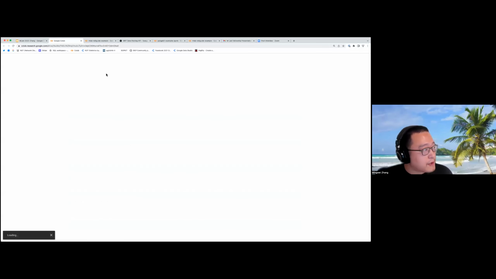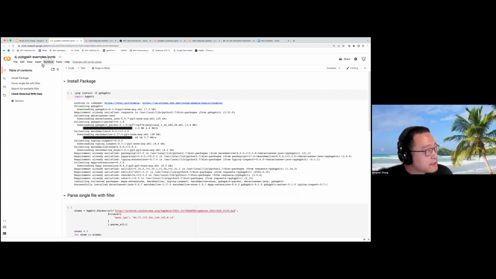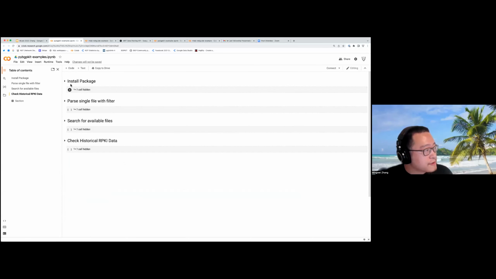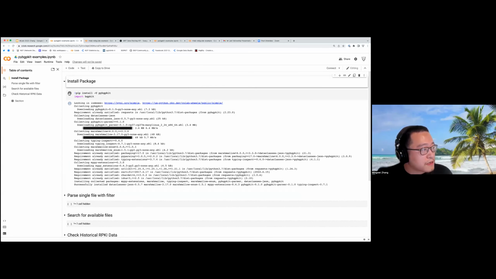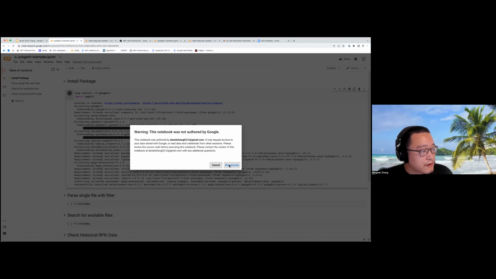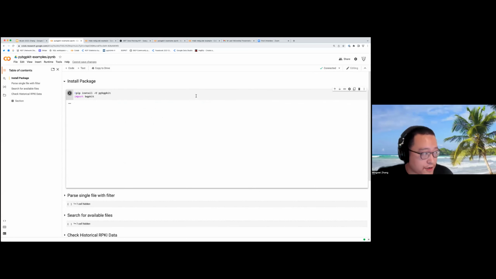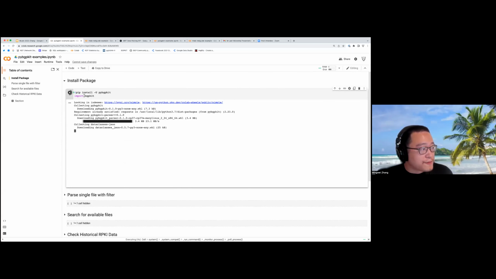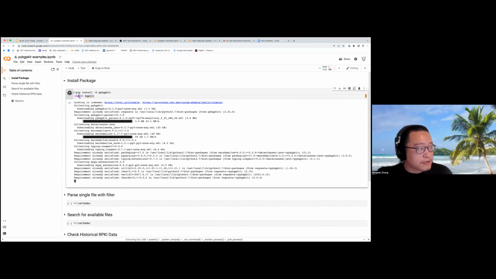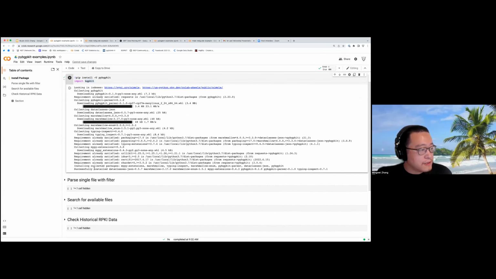Here's an example. I'll click on that. Okay, same way as installing a different library. This one is already published on PyPI, so you can directly install it like this. Again, this is initiating a new Docker container, I believe, on Google Colab. So it's now there and installed, and then you can import that.